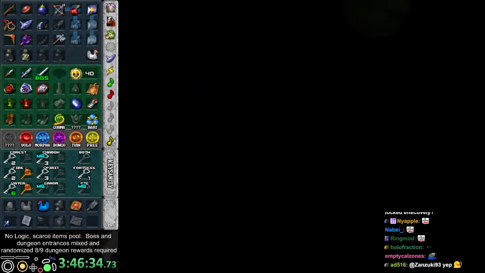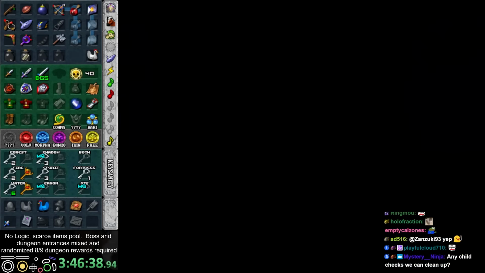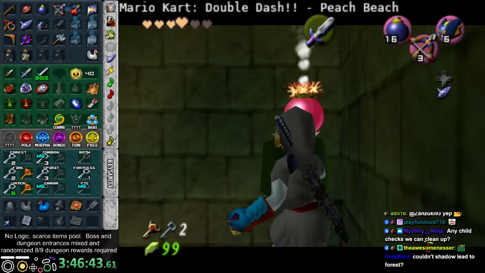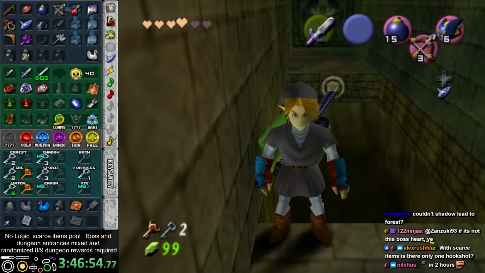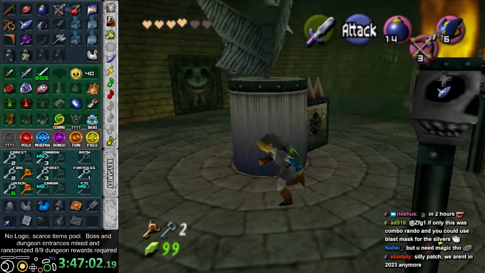So hookshot locked effectively. It's hookshot / massive hover locked. Technically, there's a Din's fire cancel glitch I can do that will work on both of the things that need a big hover for, but I need magic for that. Shadow could lead to Forest, yes. It also could lead to...